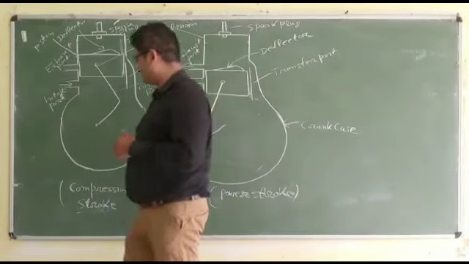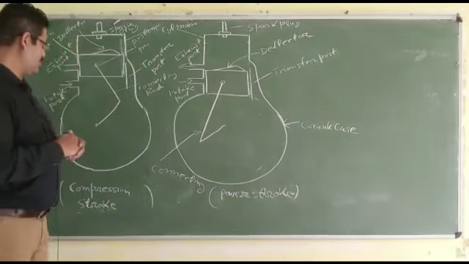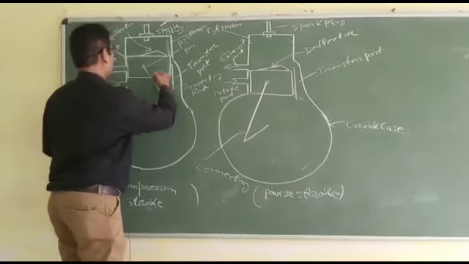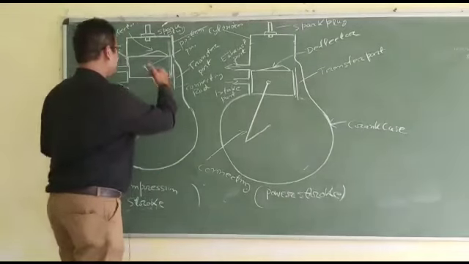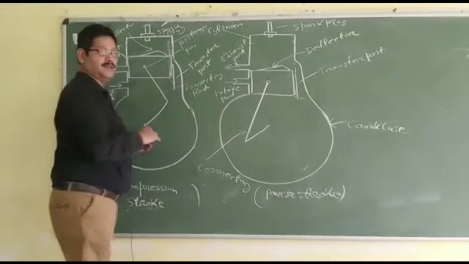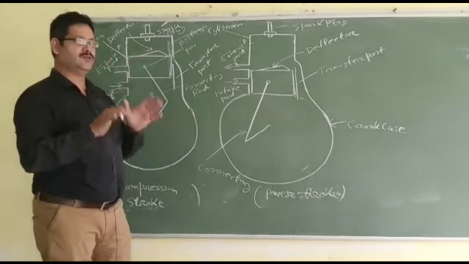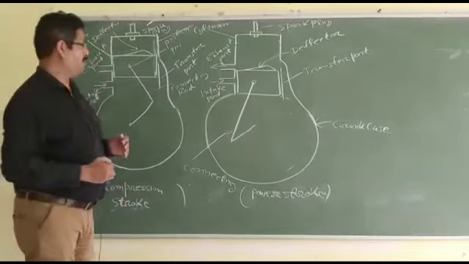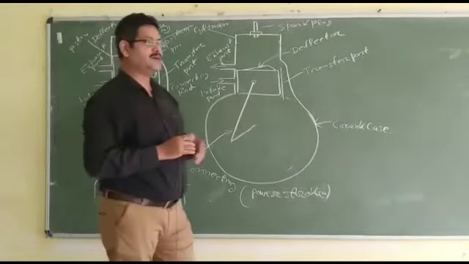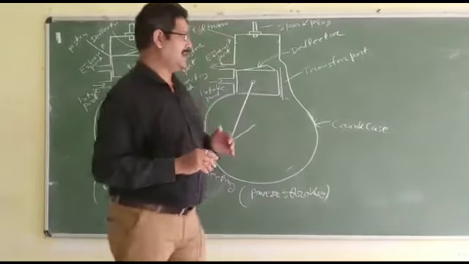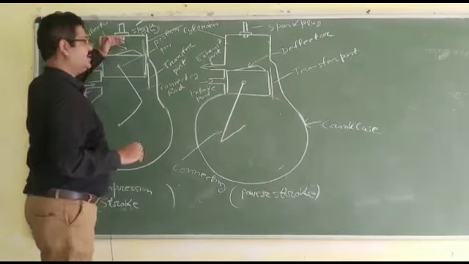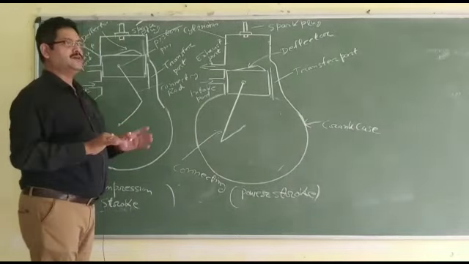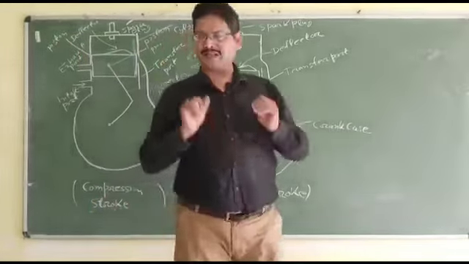So the first thing that we are going to consider is the compression stroke. In the compression stroke, the piston moves from bottom dead center to top dead center. As it moves, the charge, which is the prepared air fuel mixture from the carburetor, is compressed to the clearance volume. As it is being compressed, its pressure and temperature rise, and just before the compression stroke is over, the spark plug gives a spark. As a result, combustion of the air fuel mixture takes place.